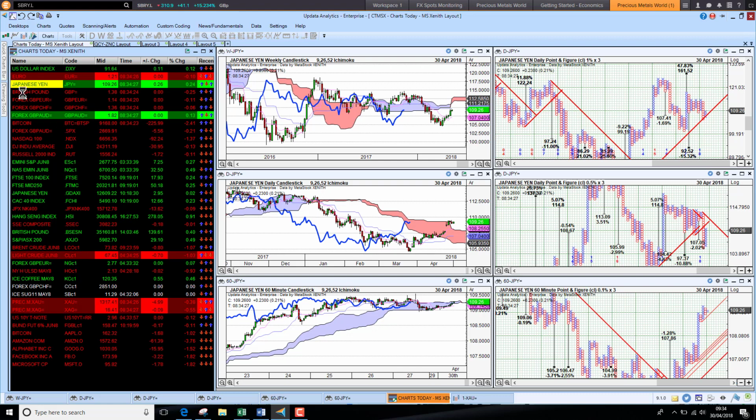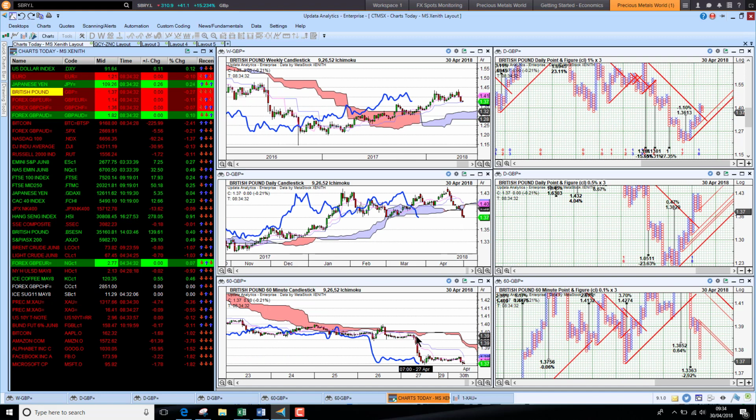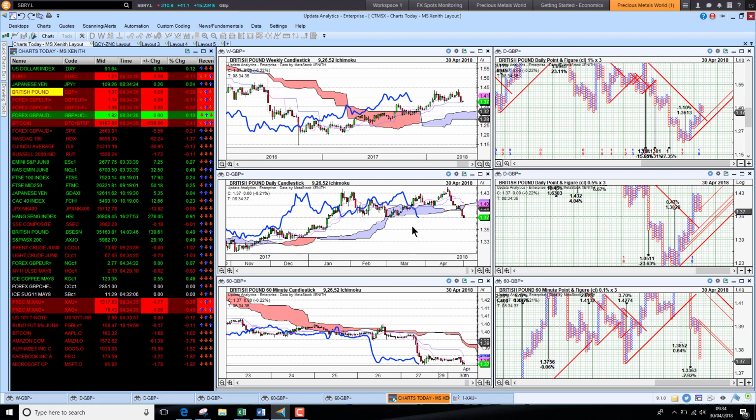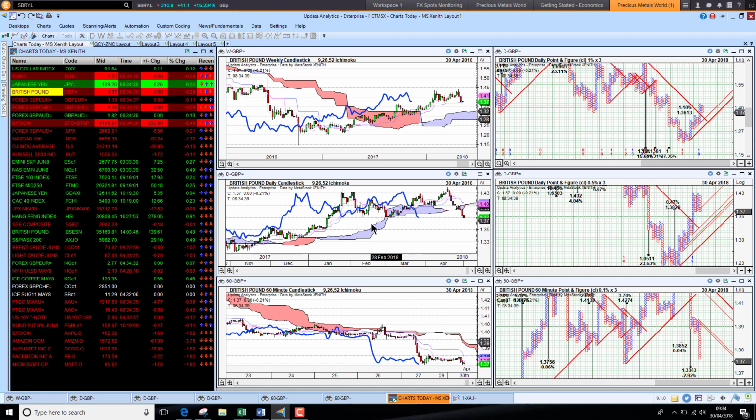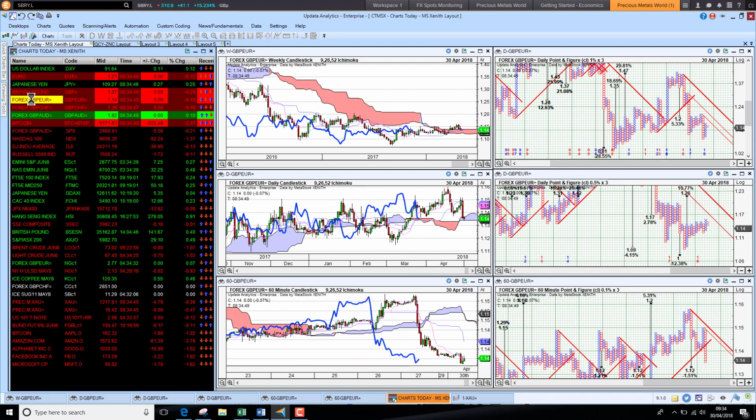Looking at sterling, sterling collapsed on Friday. We had bad GDP growth numbers out, and sterling collapsed on that news. And we're seeing here we're back to the beginning of March level, but more importantly, we're back below the cloud. So it does look like sterling is in for a weaker time. We've got downside targets of about 3% against the dollar, and we see that fall similarly against the euro. A really big fall down there, and that's giving us another 1% downside in the short-term chart.